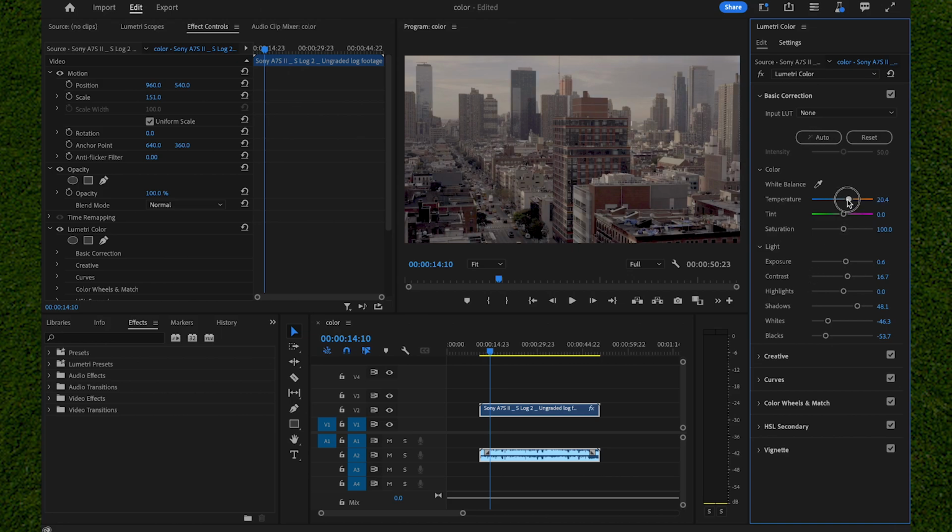crank up the temperature. Now this temperature basically adds more tints to the clip, making it more vibrant in the color scheme you want across your entire video. So I just like to turn that up a little bit, and then I also like to turn up the